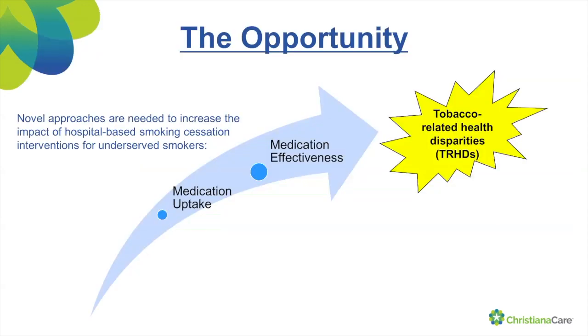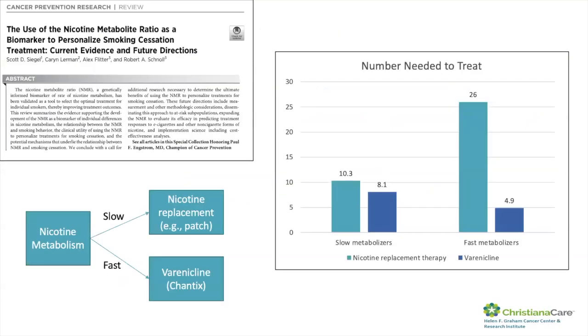Next slide. So the opportunity is to develop novel approaches to increase the impact of hospital-based smoking cessation interventions for underserved smokers by increasing medication uptake and medication effectiveness, all with the goal of reducing tobacco-related health disparities. Next slide. So enter precision pharmacotherapy. Precision pharmacotherapy refers to measuring an individual's rate of nicotine metabolism and then providing a personalized recommendation for smoking cessation